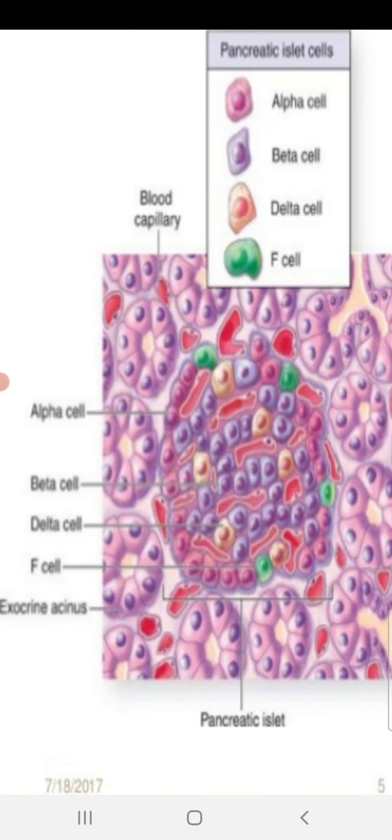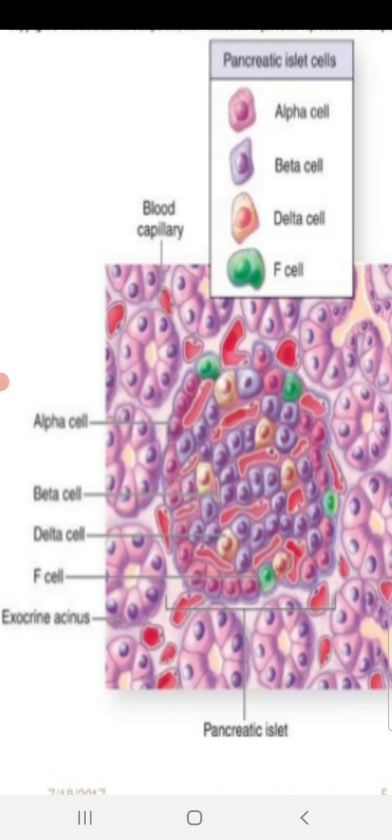The red colored elongated cells in the surrounding region of islets are alpha cells. The purple colored cells inside the alpha cells are beta cells, and